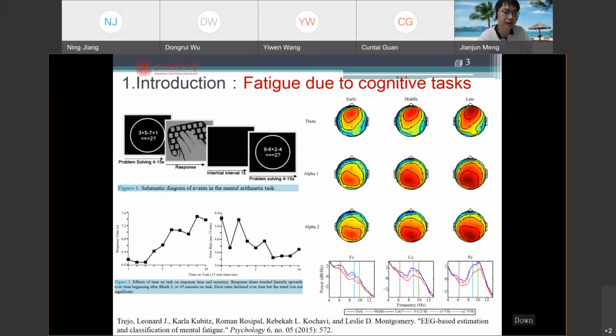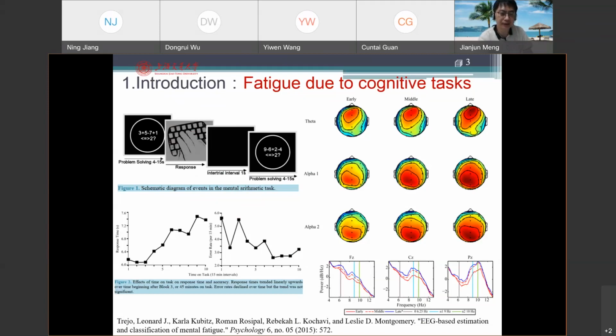Various previous studies show that when a cognitive task is repeated over a long time, considerable mental effort is required. Thus, the error rates might increase, and the subject could even report a sense of mental fatigue. For example, Leonard and Treadle and his colleague designed an experiment of solving mathematical problems, and they asked their participants to solve the math problems as soon as possible until they quit from exhaustion or until 3 hours had